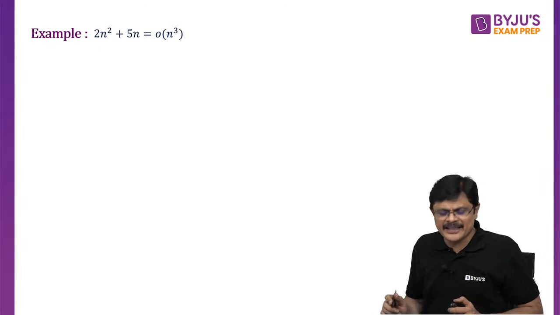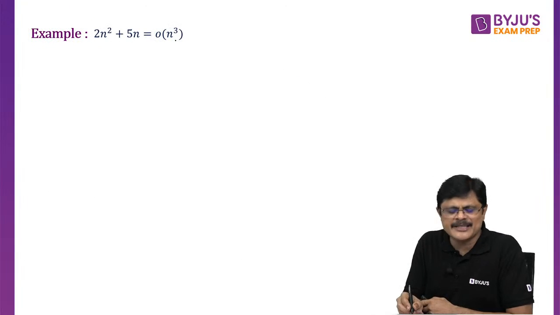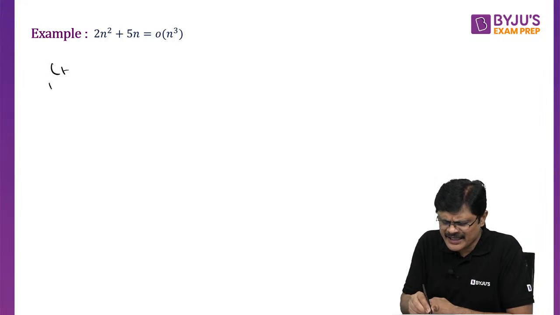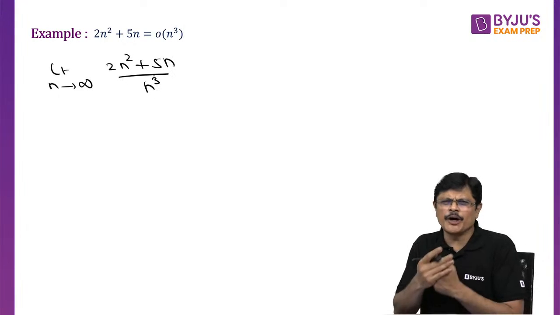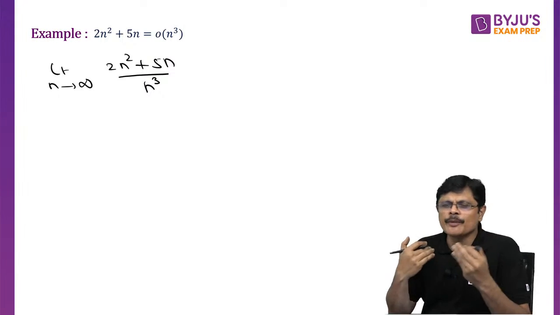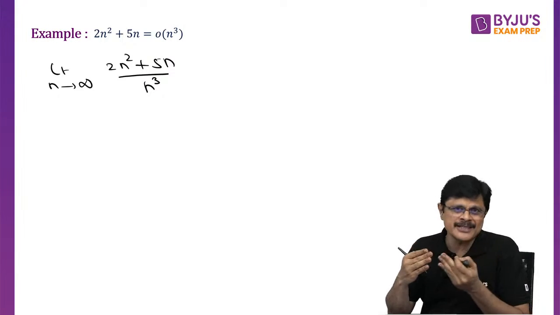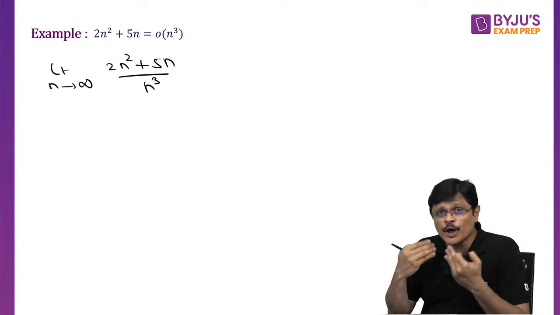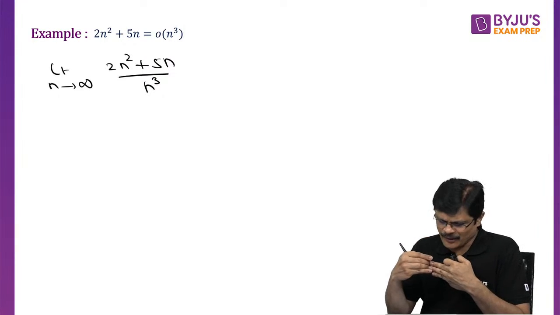Let us take this problem: 2n square plus 5n is small o of n cube. How do you prove it? Just take the limit as n approaches infinity of 2n square plus 5n divided by n cube. If you want, you can use L'Hospital's rule or this simple trick: if numerator and denominator are both polynomials and the order of the denominator is larger,